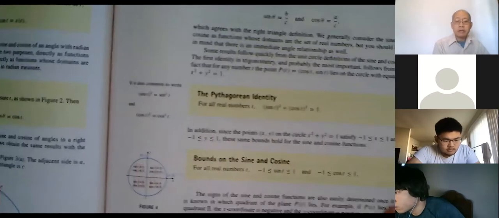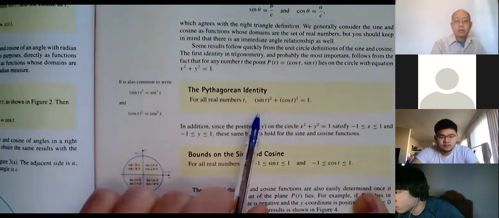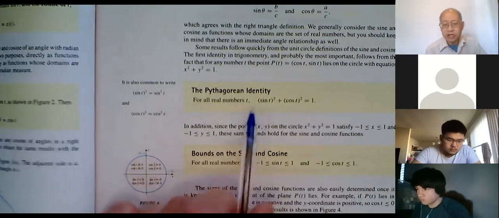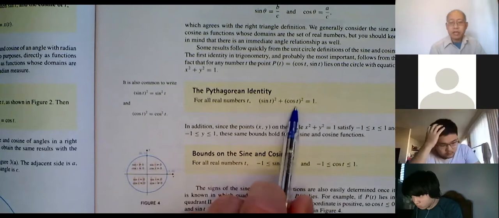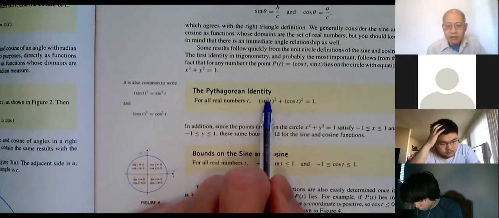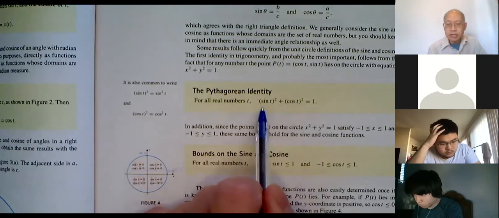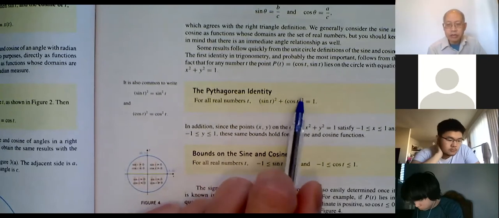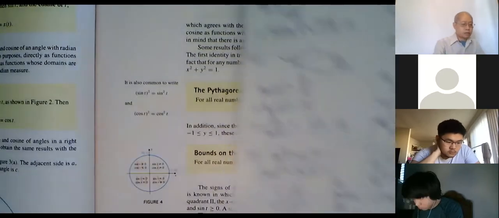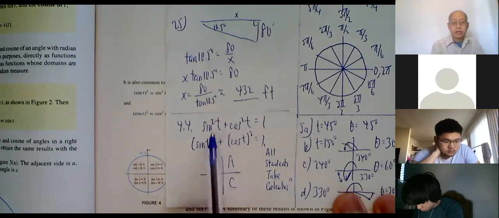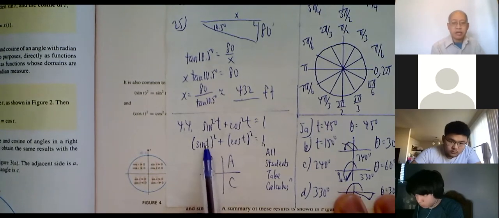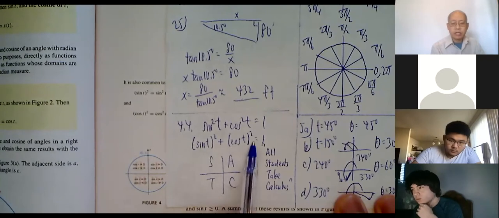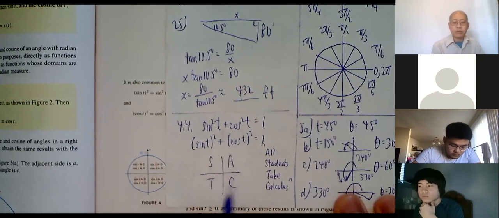All right, then on this page, the way the author writes it isn't conventional, actually. This is correct. We know that sine t squared plus cosine t squared equals 1. Normally, you put the 2 right here and here, so it looks like sine squared t plus cosine squared t equals 1. And I'll show that to you. Sine squared t plus cosine squared t equals 1 means the same thing as sine of t squared plus cosine of t squared is equal to 1. So I will normally write it like this. That's the usual way to write it.